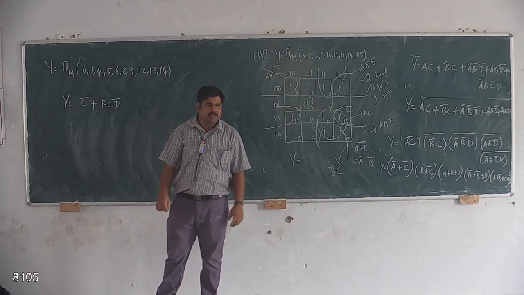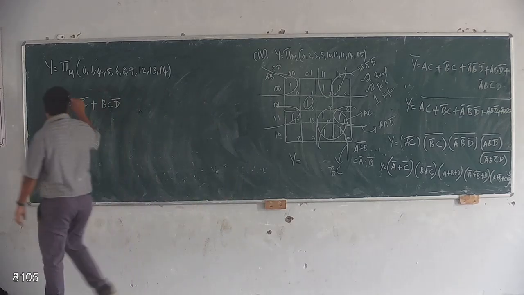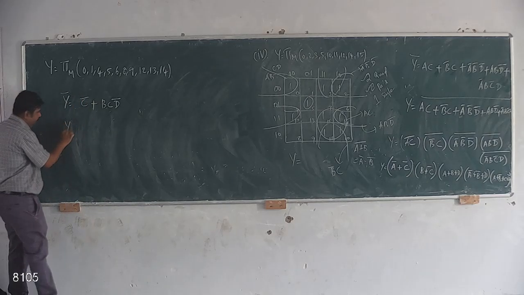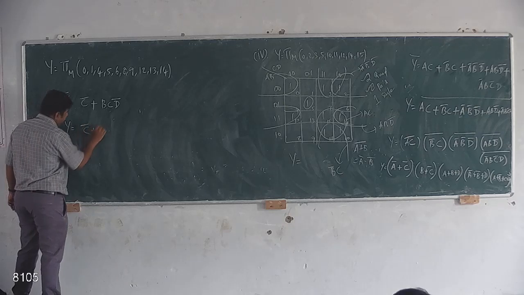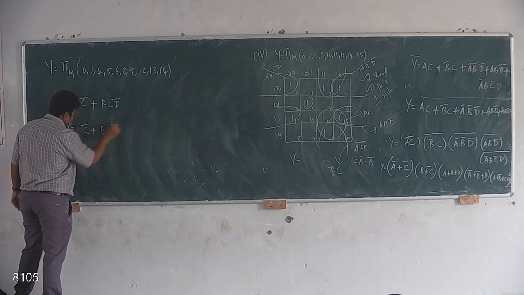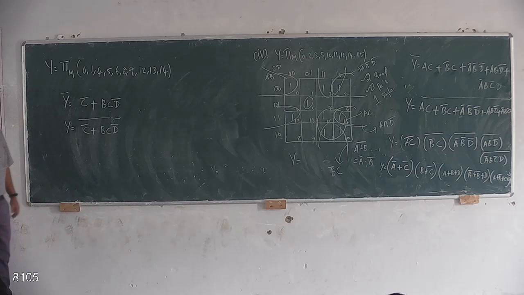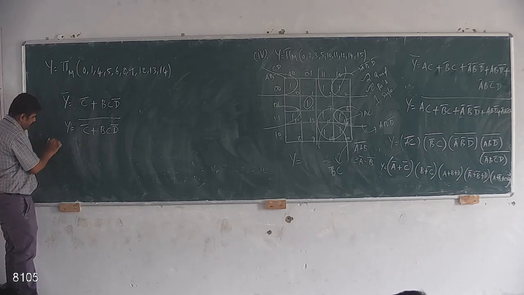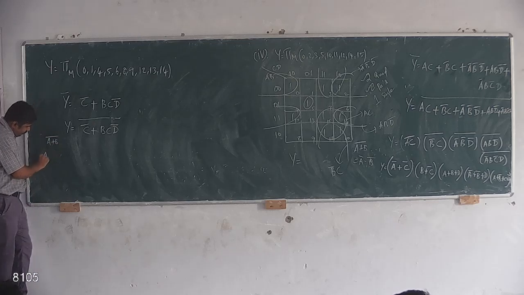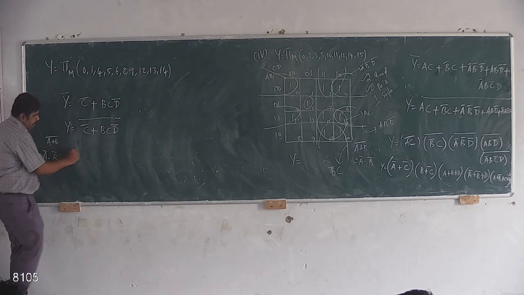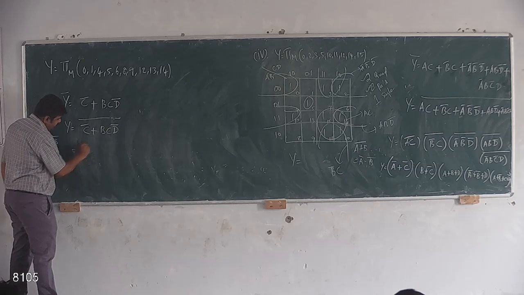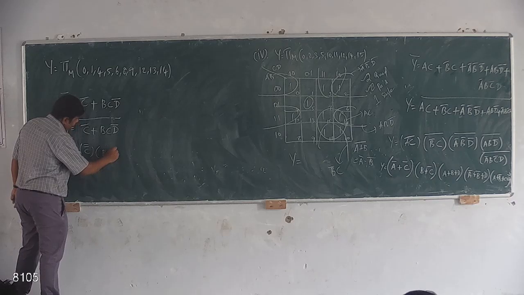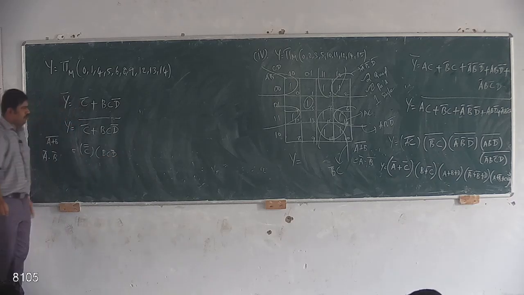So in order to convert this into the POS format, understand that it is in the format of Y bar. Okay. So I need to find Y, take the complement of this. So this is in the format of A plus B whole bar. So applying De Morgan's law, you will get A bar dot B bar. So C double bar into BC. Check this one, BC D bar.